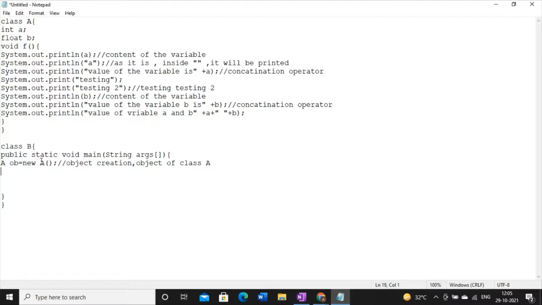Done. Now, why have I created this object? In order to access the variables. How to access the variables? I will write the object name, dot, the variable that I am going to access. I am going to access the variable A. Accessing a variable means assigning a value and printing the value. A is an integer, so I'm just assigning the value. Also, you can access the variable B. B is a floating point value, so I will use some floating point value and write F. And then how to print this? No need to print because they are already printed inside the method, so after assigning the values, they are printed over here.